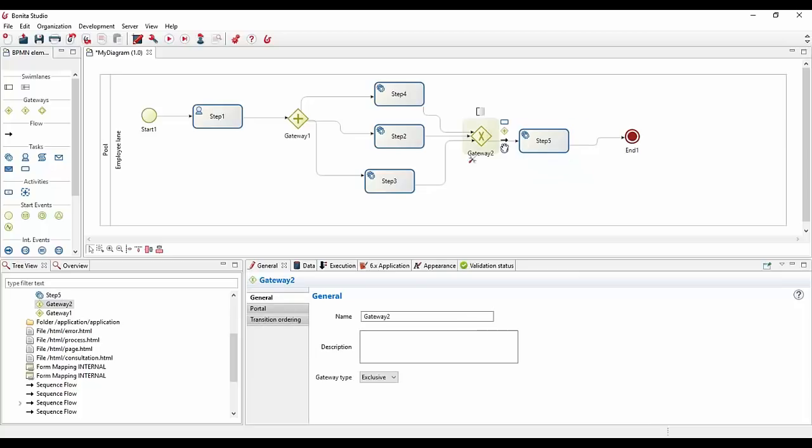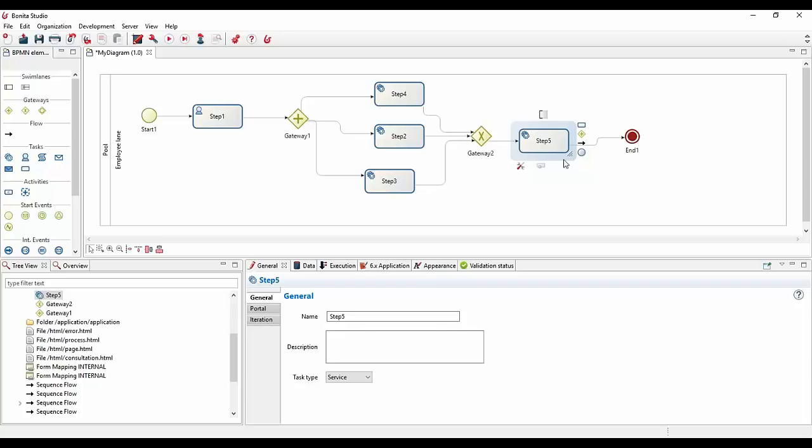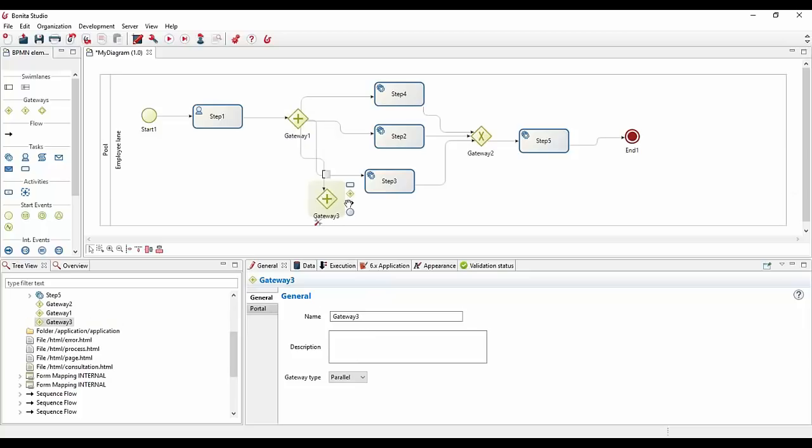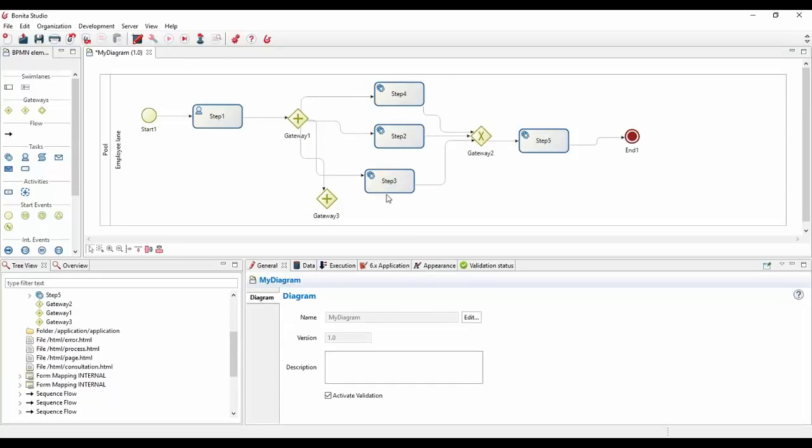This can be really confusing at runtime, because you might have multiple instances of step 5 and not understand why. This is why we say it's better to make it symmetric. This is a really simple example, but you could have gateways embedded into gateways, and this makes things really difficult to read. So that's why we like to have things symmetric.